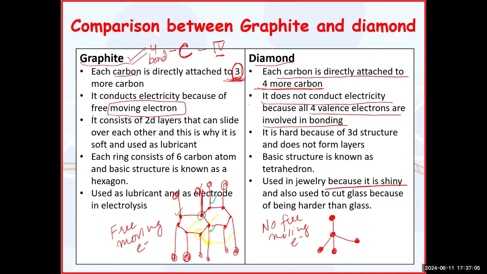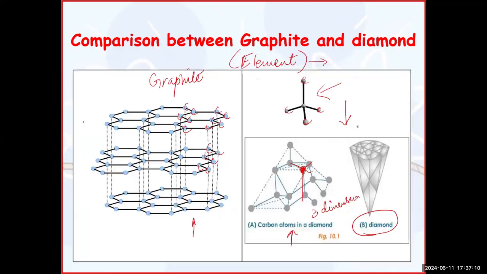Now, if you look at the third point, it talks about its orientation. It says that it is a 2D structure, 2-dimensional, because when I'm making a hexagon, I am making it on the paper easily, going on my right-hand side and on my left-hand side. The third direction is the free electron, which is outside the paper. Whereas if you look at diamond, these dotted lines are showing that 1 bond has been made at the back or maybe in the front of the paper, coming out of the screen or going inside the screen.